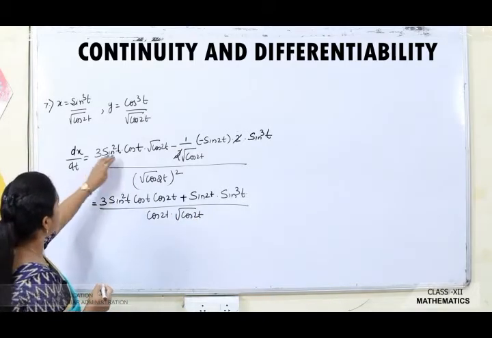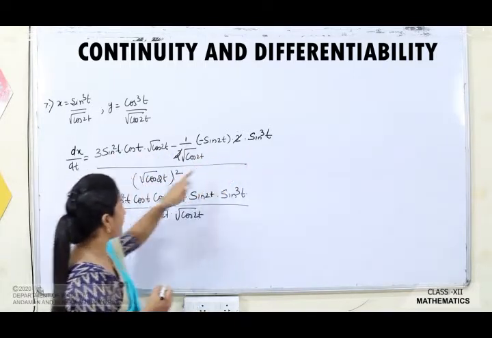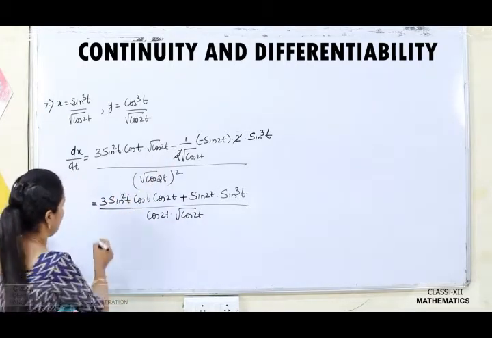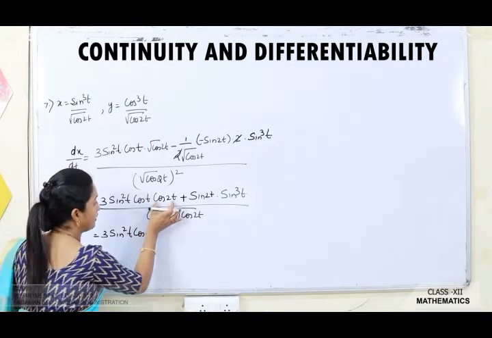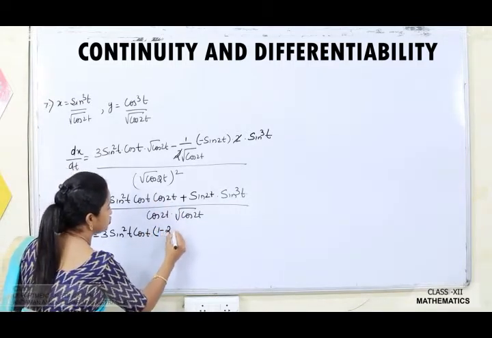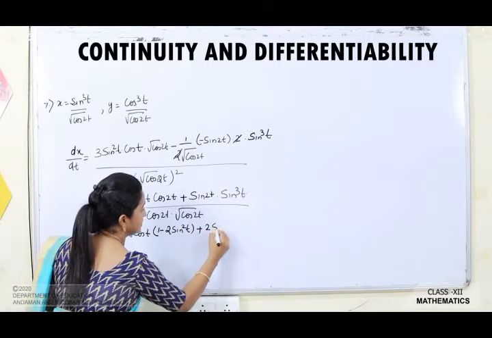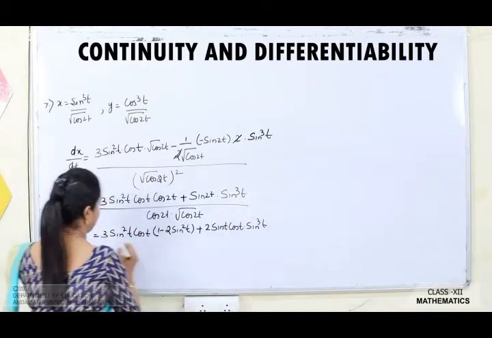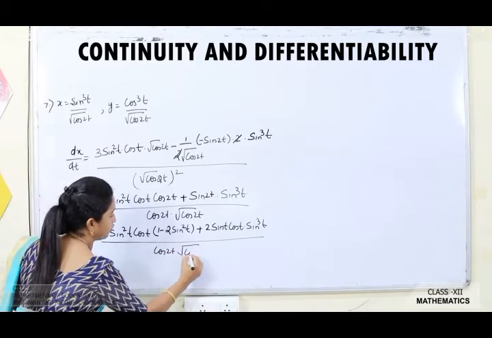Correct. So once again I am repeating, derivative of the numerator into denominator minus derivative of the denominator into numerator by denominator square. You have applied quotient rule here and then you have cross multiplied. So what you will do in the next part, 3 sin square t cos t, you are going to apply the formula of trigonometry. Cos 2t is 1 minus 2 sin square t, correct, plus the formula for sin 2t is 2 sin t cos t into sin cube t, you will keep it like that, and the whole divided by cos 2t into root of cos 2t.